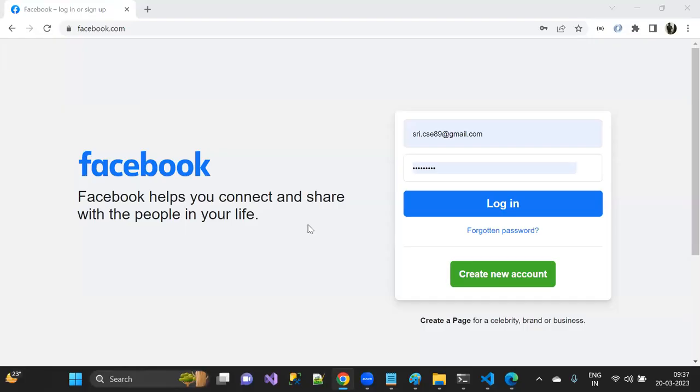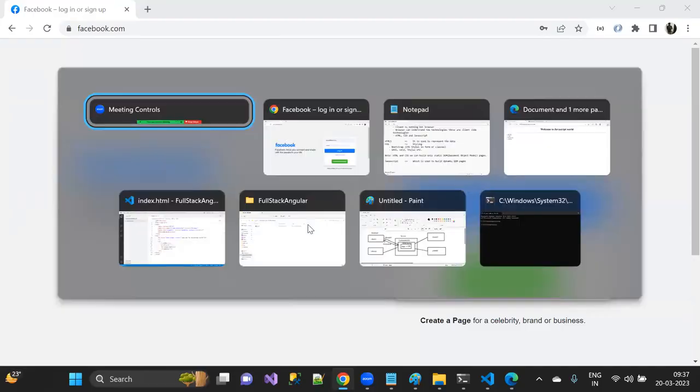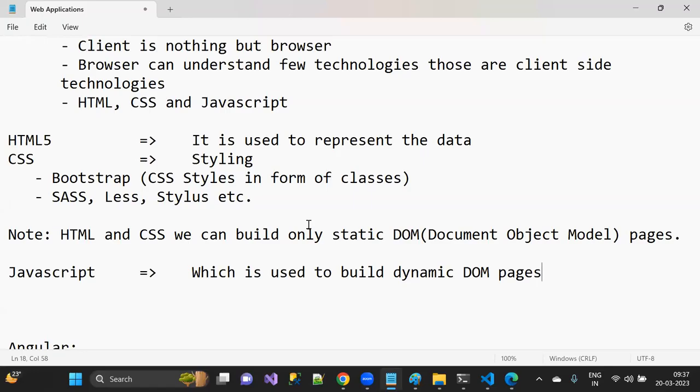I'm able to see only those things generally. But when a user sends a request for the first time, everyone will get the login page only. And here, the login page is a static DOM. That means a page which cannot change for every user's request. Understood? A page which cannot change for every user's request. That is what we call static. Clear? I'll write down that point as well. Don't worry.